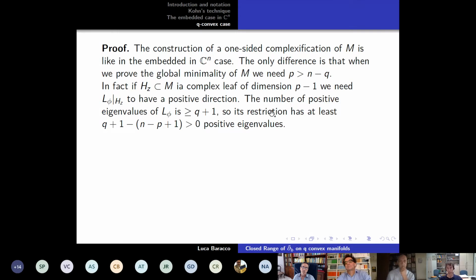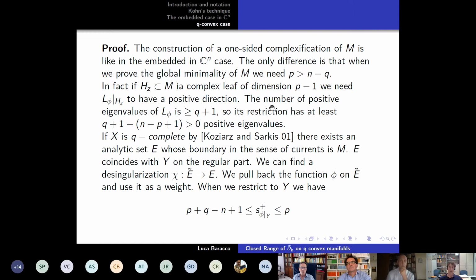So when we take the restriction to Hz, which has dimension p minus 1, we can expect to have at least q plus 1 minus the codimension of Hz, which is n minus p plus 1. And we want this to be positive, and so we have that p has to be larger than n minus q. So we have a collar manifold around